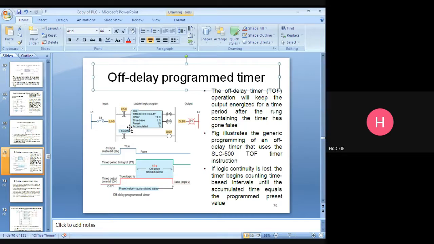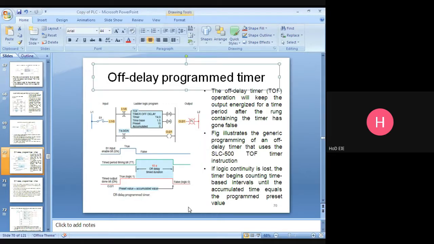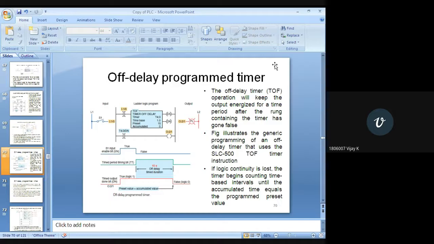You just switch off, and the bulb will go off after 5 seconds. It will take a 5 second delay to turn off the light. You remember this one. Vijay, is this clear? Clear, sir. Okay, fine.